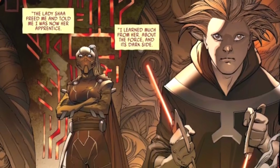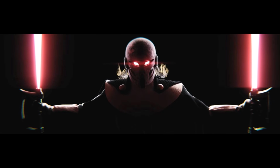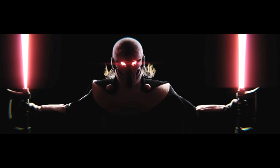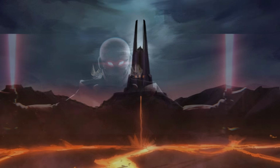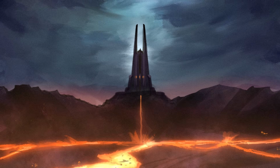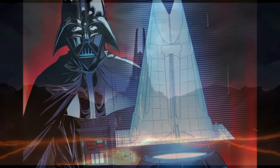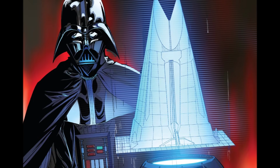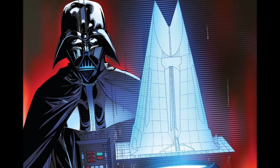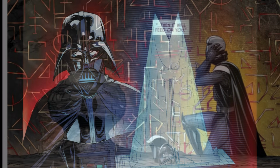Right on top of where the fortress sat, there was a Sith cave which housed a dark side nexus of powerful energy. With the right architectural construction, one could harness this nexus in order to open a portal into the very Force itself, giving one the ability to bring back the spirit of a deceased person into the world of the living in their own body. Vader saw this as his golden opportunity to get back his lost wife, Padme, and so he approved the